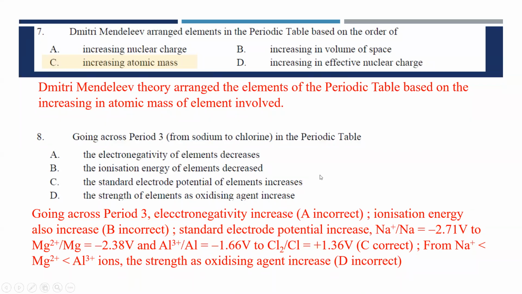D, the strength of the element as an oxidizing agent increases. So it's not to say strength of elements. If today we are talking about ions, then the statement that the strength of the ion as an oxidizing agent increases, yes, I would say it's a yes. What do I mean here? For example, Na+ + e- gives Na, E naught equals negative 2.71, and then Mg2+ + 2e-